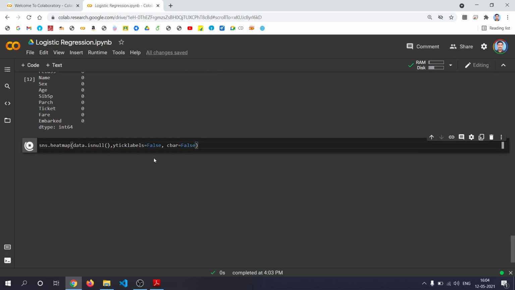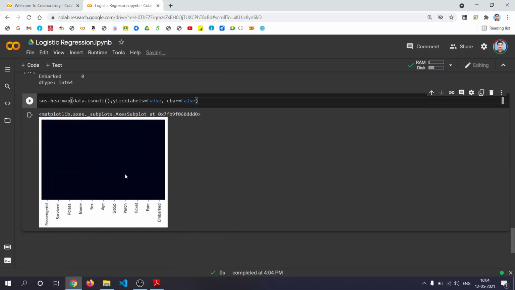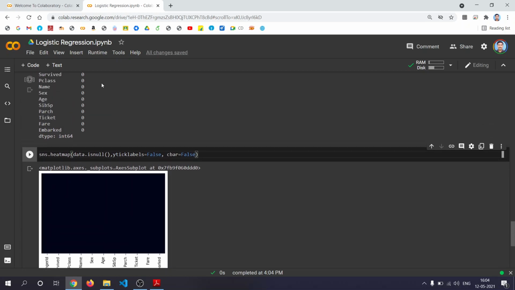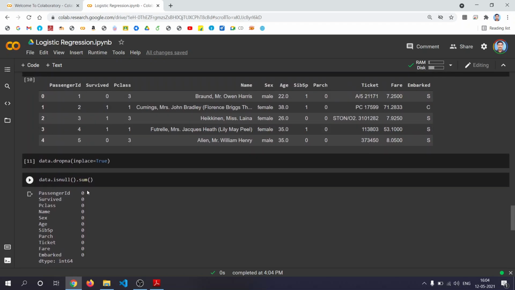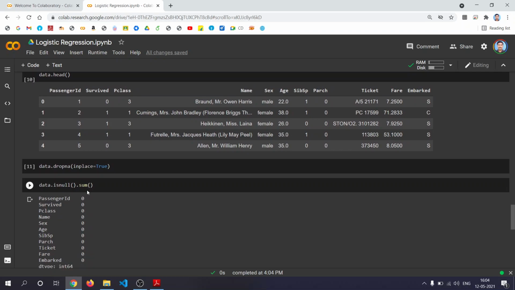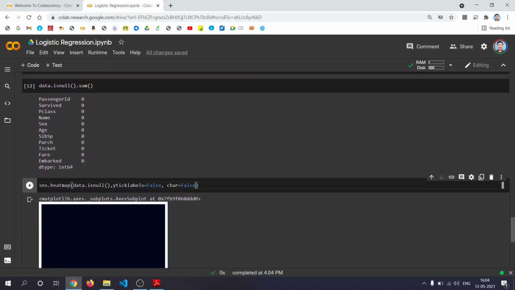Then you will get a map where you will not see any value. Why? Because we have already filled the empty values. Let's use the same command just before this, then you will come to know.